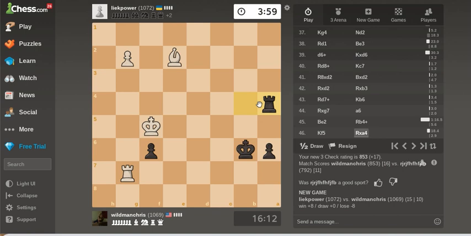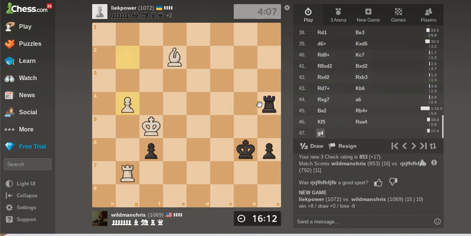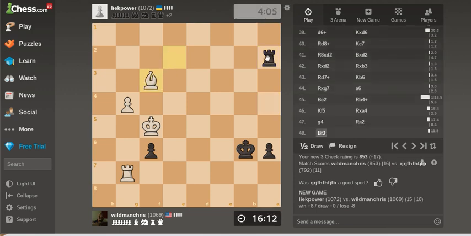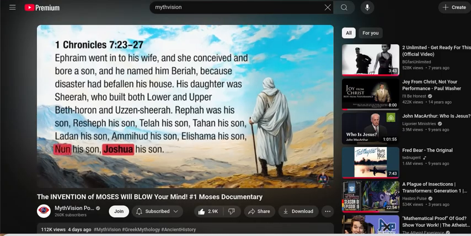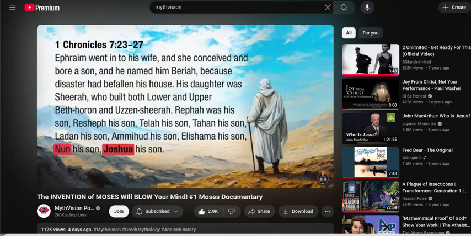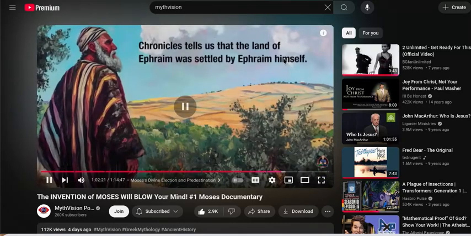As for Joshua, Ahlstrom suggests he was a local hero of one of the hill country clans that formed Israel. Only later was he associated with Moses and connected with the emerging conquest tradition. We suggest that the Joshua of 1 Chronicles 7:27, who is a 9th generation descendant of Ephraim, is the original Joshua. That Joshua has a father named Nun, just as in the Pentateuch,